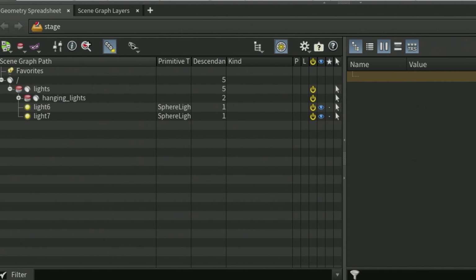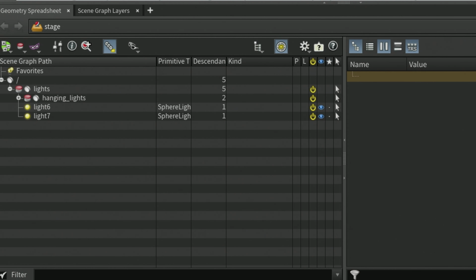The use of overrides is an essential characteristic of USD and part of what makes it so powerful. All of the overrides that you create are non-destructive. They're simply being layered over top of incoming primitives. Nothing is getting destroyed or removed. In this particular example, we're overriding properties of lights, but overrides are not limited to lights.